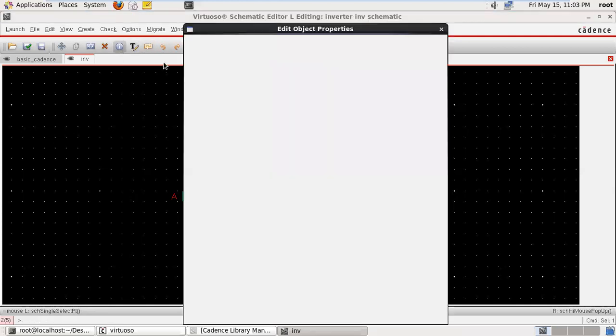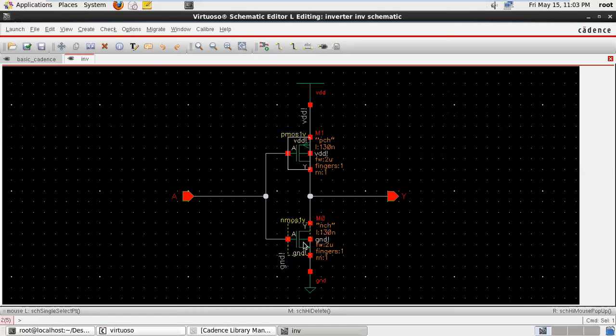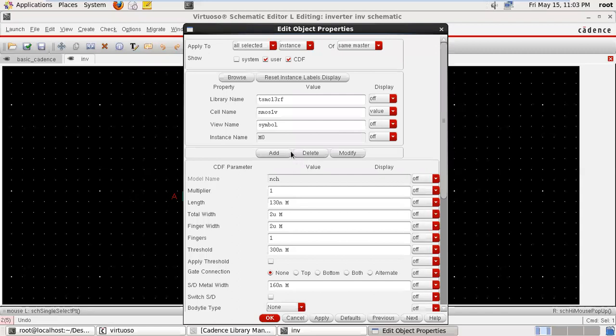Now suppose we have selected that transistor, just click on this to activate. You can choose what value you want to display. Display is off right now. Suppose we want to display the length. Select value or both.